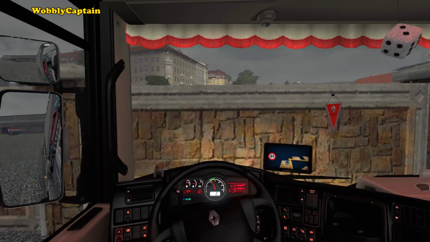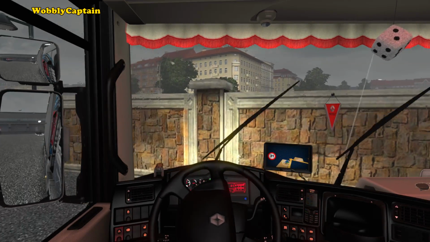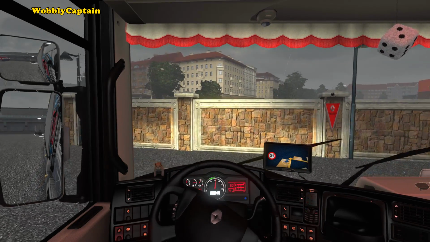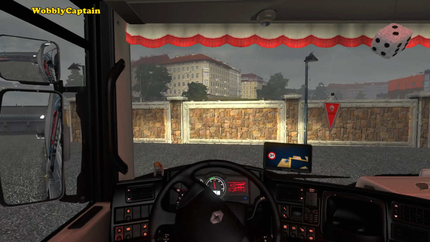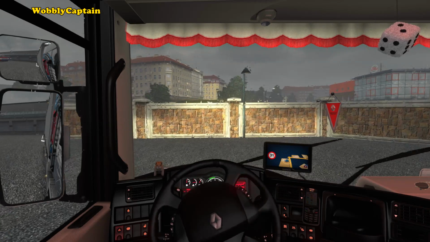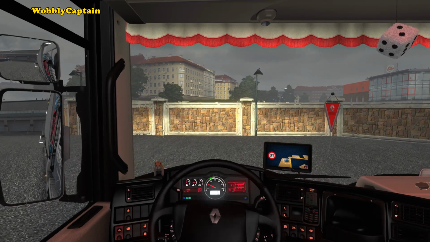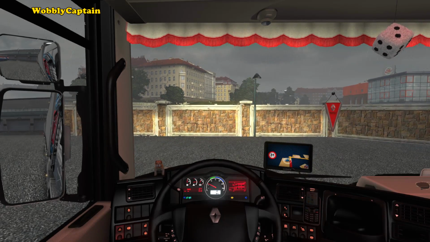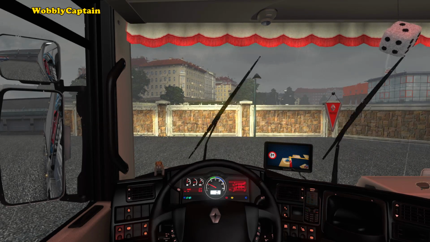Also, if you're having problems with this mod and they come up as red blotches on the truck, or something's not working, you've got a conflicting mod. Something's conflicting with the mod and you need to sort that out. I've got no conflicting mods whatsoever. I keep all my mods up to date, so everything's clean and tidy. And I would also recommend to back up your game files as well, if you're going to start using mods,